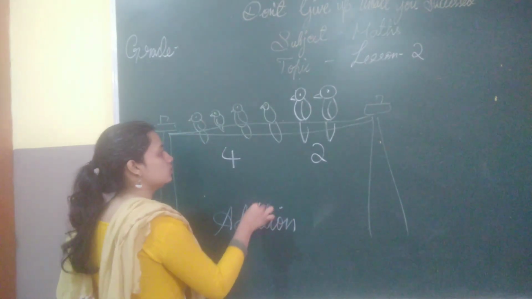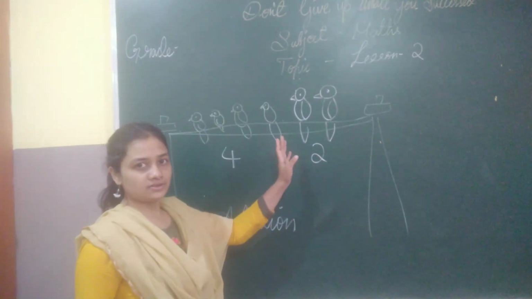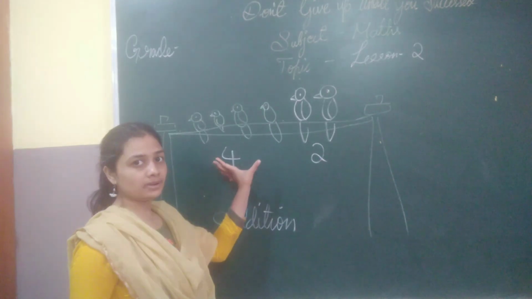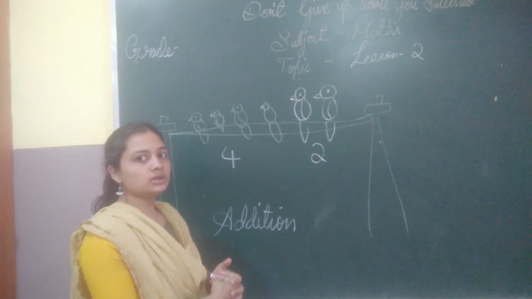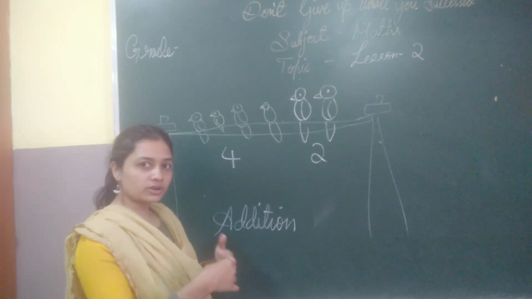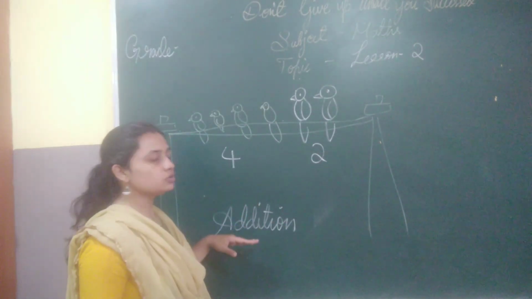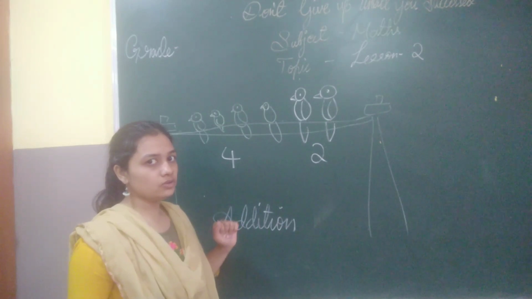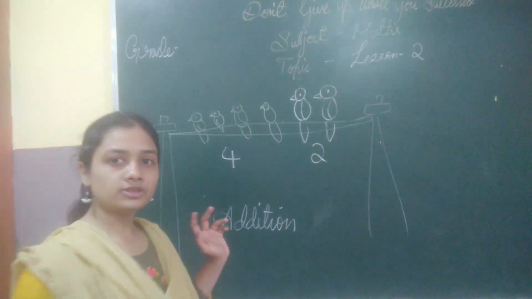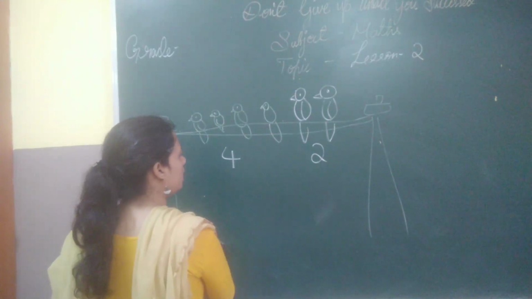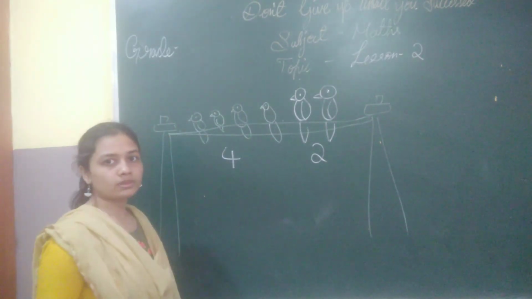How do you get to know? Because the number is increasing. First you had some number and next something else is coming in and joining together, so the number absolutely is going to increase. So we should do addition. You know how to add the numbers 4 and 2, that's very easy. But what about the statement? How shall I write the statement now?